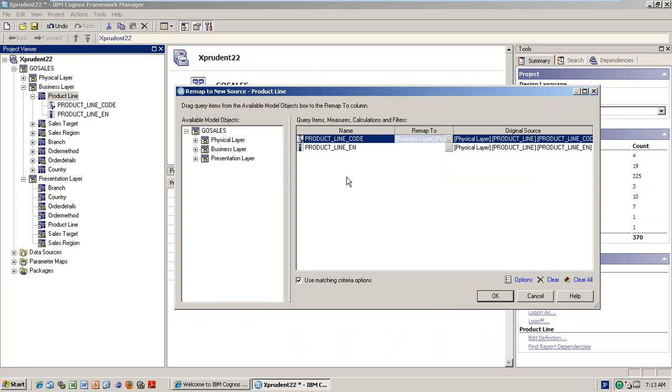That means whenever they drag this product line column in the Query Studio or Report Studio, instead of the original column, it will be mapped to this column. So if you drag the product line code, now what will come? Product line names will come, because you have used the second column as a reference or remapping for product line code. So normally while you are doing the country code or something, whenever the user drags the country code, instead of the code they want to see the country name, then you can do the remapping of the column of country code to the country name.